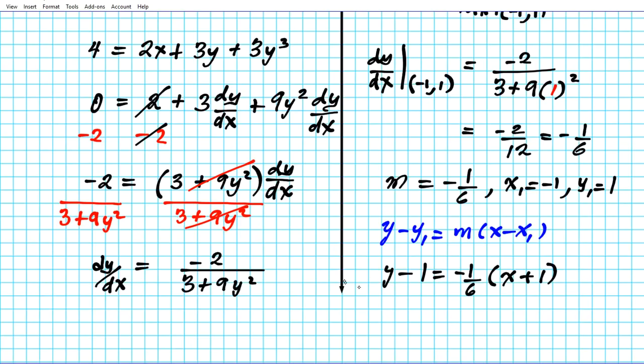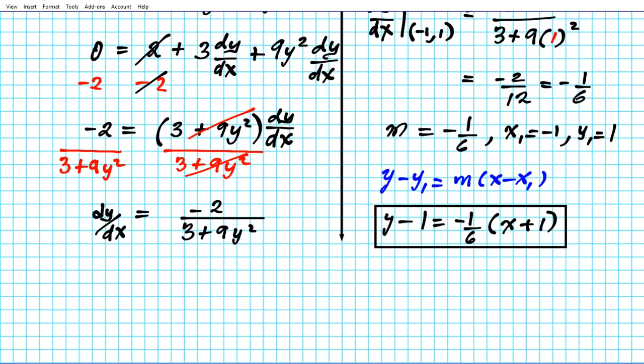Okay, if we want to get y isolated, so this is one form, this is the point slope form. If you want to put it in slope intercept form, you just get y isolated. Okay, so let's do that real quick. So we can have y minus 1 equals negative 1 over 6x minus 1 over 6 if you distribute, and then you can add 1 to both sides, but 1 is the same thing as 6 over 6, so you can just add 6 over 6 to both sides,